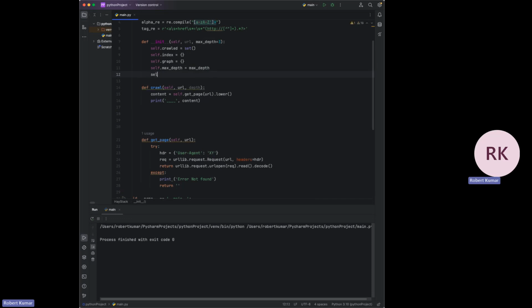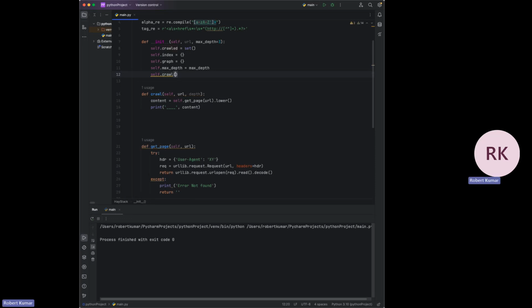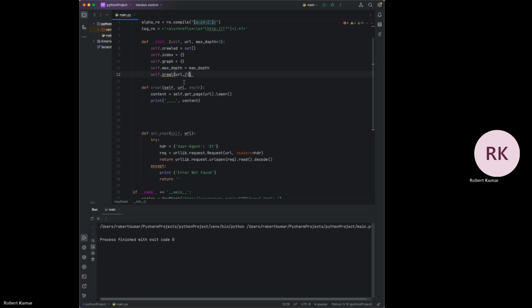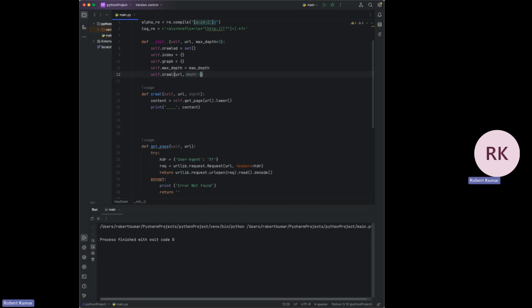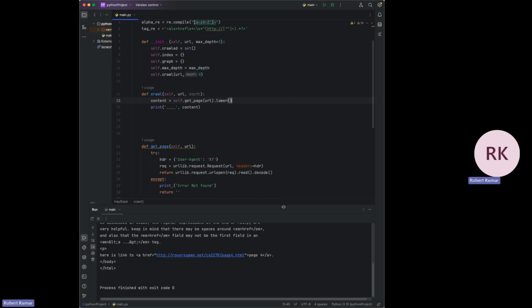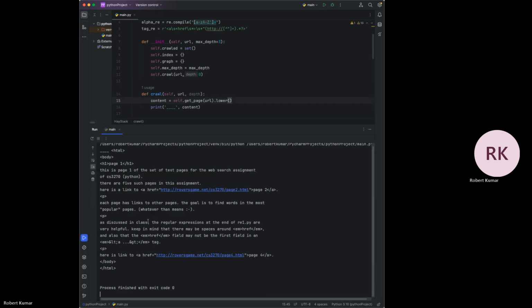So here, self dot crawl, and then here I need to provide URL, right? What else does it need? Just a URL, and depth. Here, let's just say depth 0. Maybe let's keep it 0. So now running that line, it should give me, there you go, right? It gives me a whole bunch of stuff. So that is good. Now you can see how we can extract the